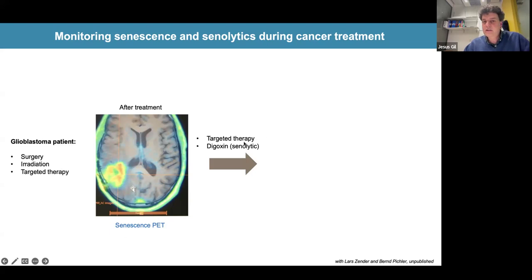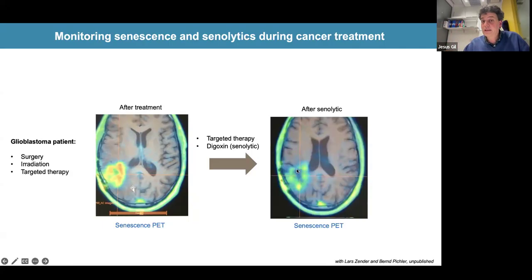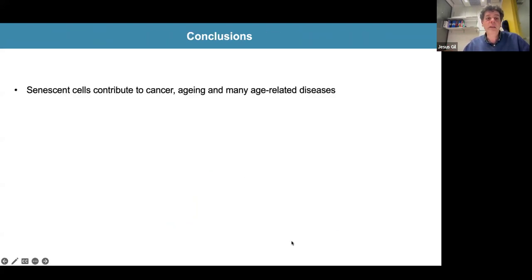So basically Lars maintained this patient with targeted therapy, but also gave the patient digoxin as a senolytic, the same regime that is given to patients with cardiac arrhythmia. And after 3 weeks of treatment, the patient had improved, came back to the clinic, the tumor had reduced in size, and we could also see that the senescence had disappeared or partially reduced. Eventually, I have to say this is just one patient and the tumor reappears, so glioblastoma is a very aggressive tumor. But what this showed is that if we have a combination of